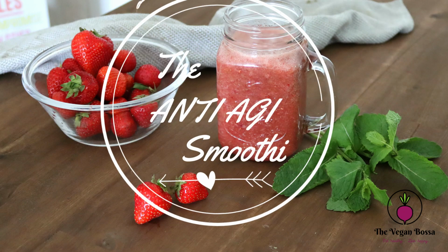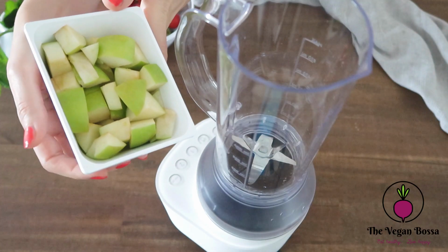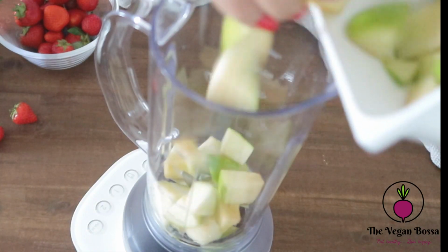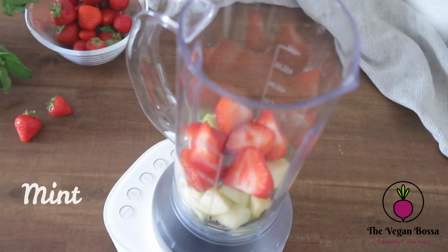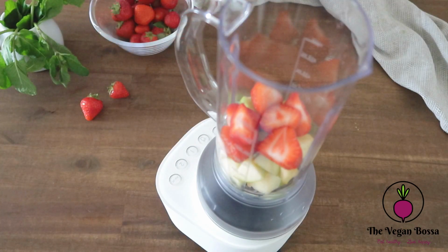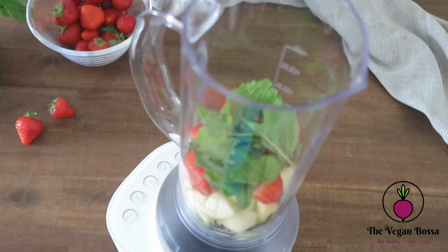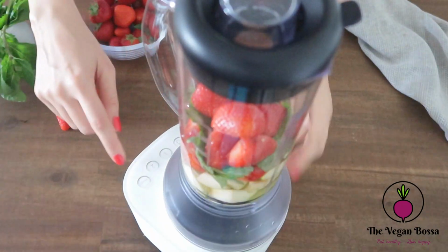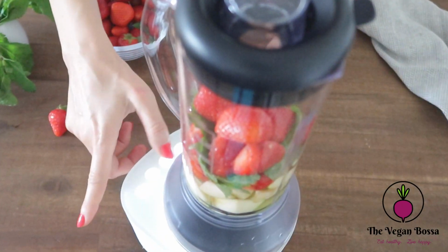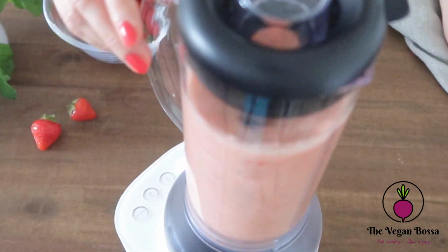The second smoothie I'm gonna prepare is an anti-aging smoothie. Add to the blender 1 cup of green apple, 1 cup of strawberries, some mint leaves, and some coconut water to keep it low in calories and high in potassium. This smoothie is full of vitamin C, which helps our body to produce collagen, which keeps our skin elastic and